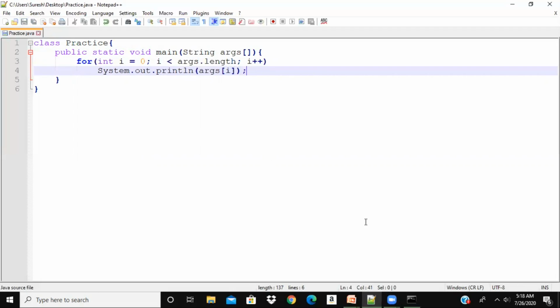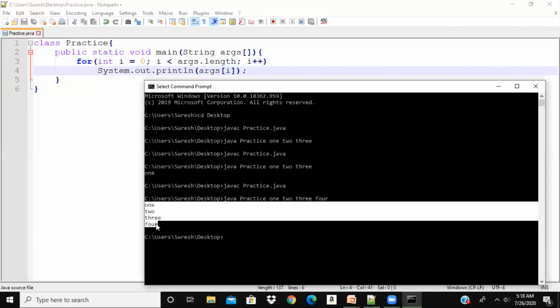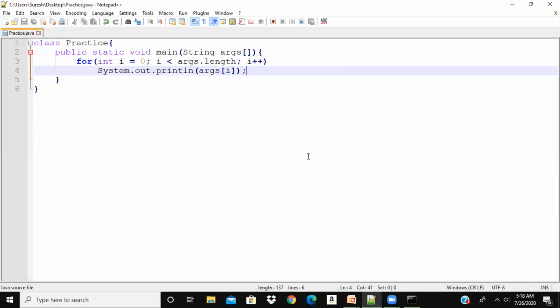Okay, save it. Let us compile the program, javac practice.java. Then while you run the program, java practice, let me give the arguments 1, 2, 3, 4. Run it. You can see the output is 1, 2, 3, 4. Every element is printed. This is a simple way of understanding command line arguments.